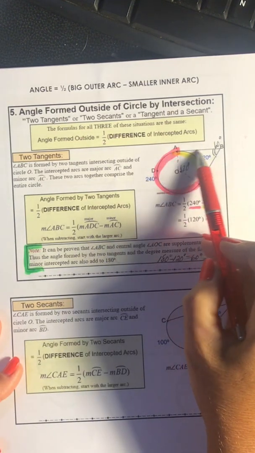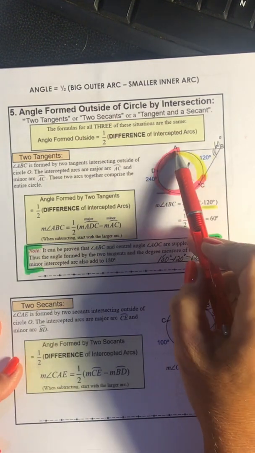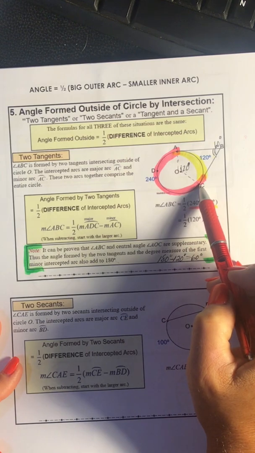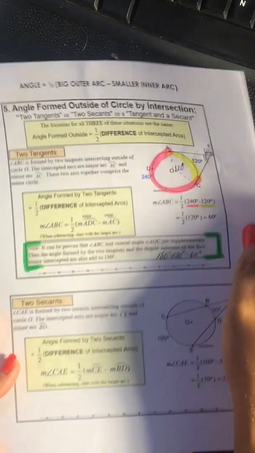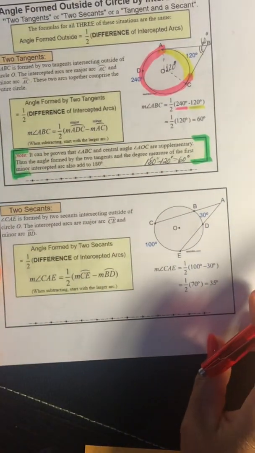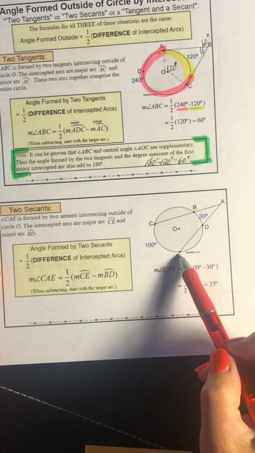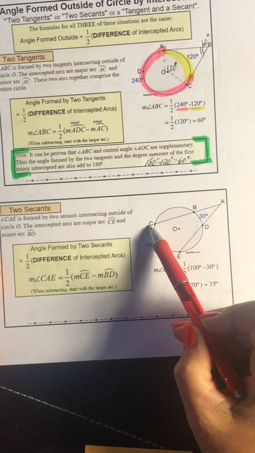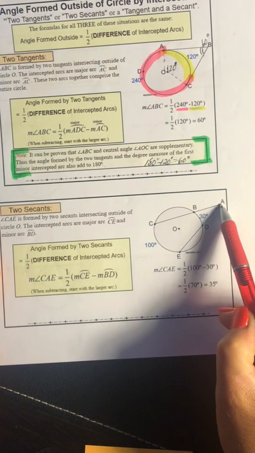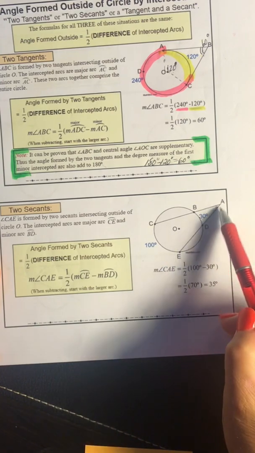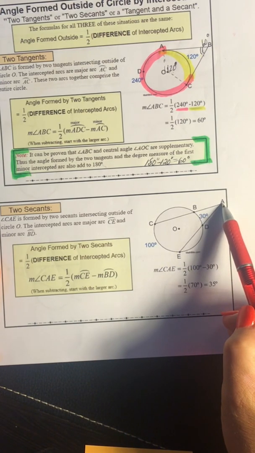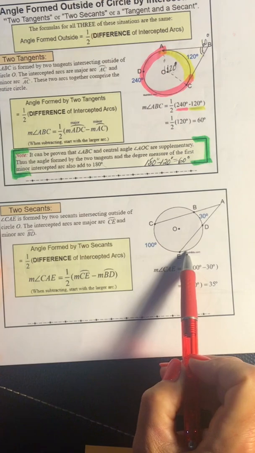We can use 2 tangents that touch the circle in exactly one spot. It still gives me this outer angle. Or we could use 2 secants. A secant is simply a line that cuts through the circle from the inside to the outside. 2 secants. It's still this big outer arc